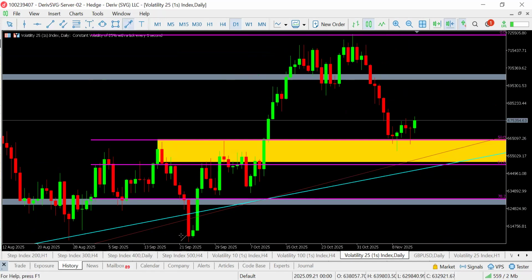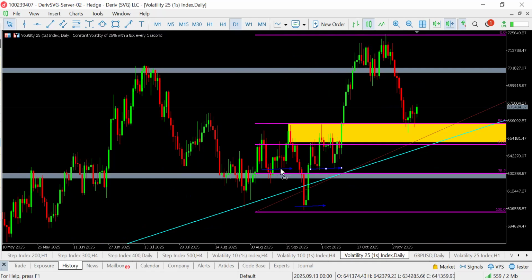Now, how do I mean? This would be the head, the left shoulder, and of course this area would be the right shoulder. Now, what am I trying to say? If we look at this